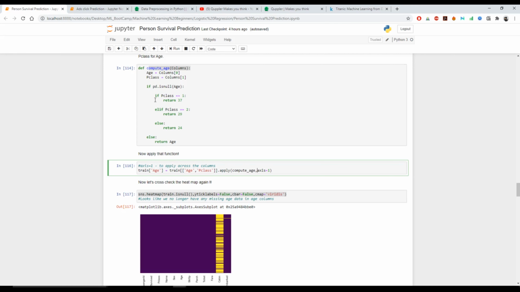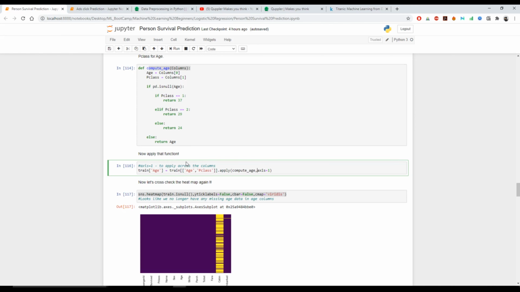Then we calculated what age group of people were traveling on the ship. At last we saw plotting the histogram using matplotlib, using plotly, as well as using cufflinks. So these three ways we have seen for plotting the histogram. Once that was done, we moved ahead and did the data cleaning, where for the missing values in the age column we imputed the average age.